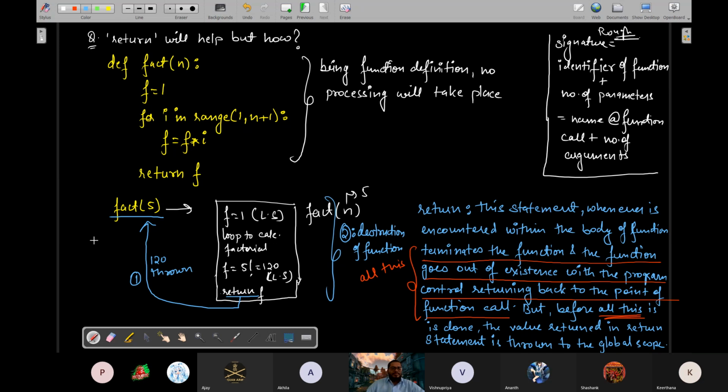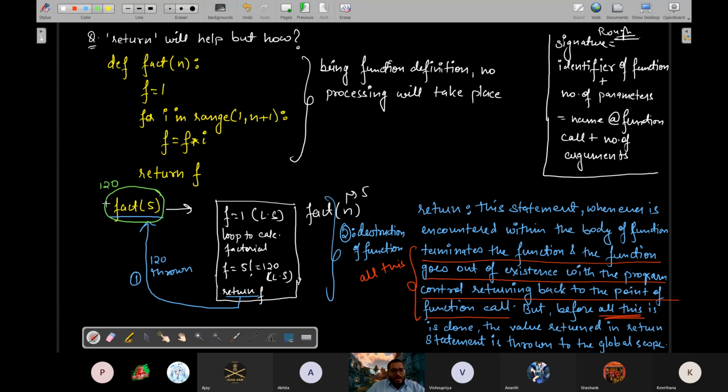Okay. तो पहले ये वैल्यू फेंक देगा बाहर. This entire thing, just a minute, this entire thing will be replaced by 120. But if 120 has been thrown here,